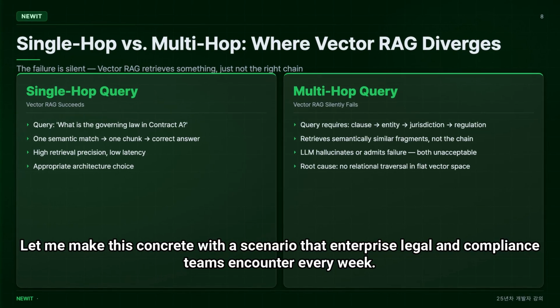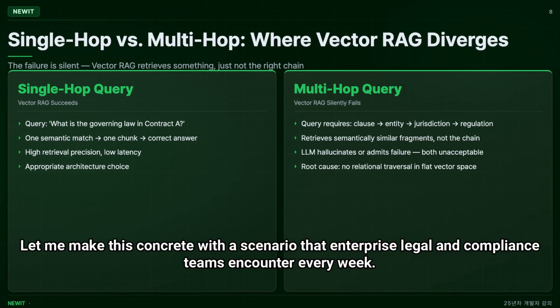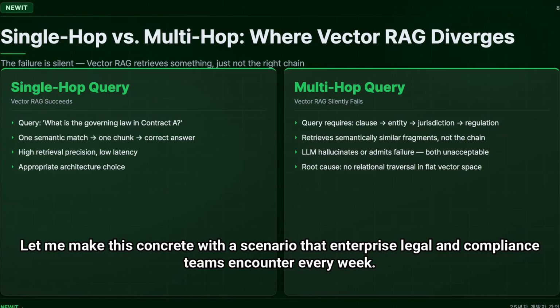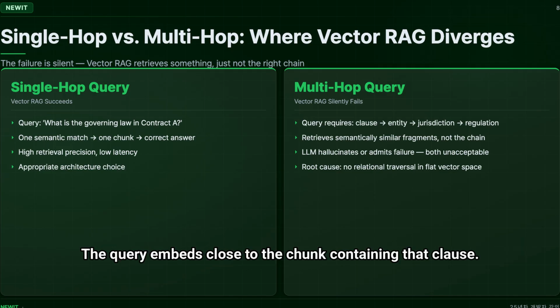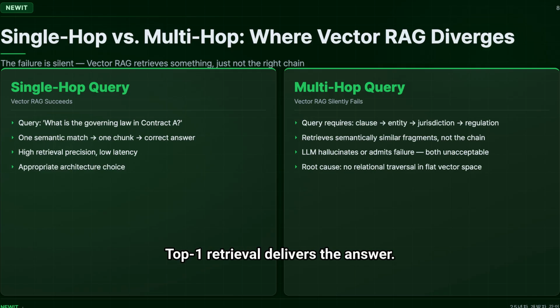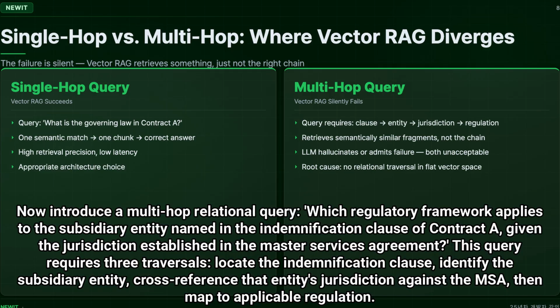Let me make this concrete with a scenario that enterprise legal and compliance teams encounter every week. Single hop query. What is the governing law clause in contract A? Vector handles this. The query embeds close to the chunk containing that clause. Top 1 retrieval delivers the answer. Accuracy is high. Now introduce a multi-hop relational query. Which regulatory framework applies to the subsidiary entity named in the indemnification clause of contract A, given the jurisdiction established in